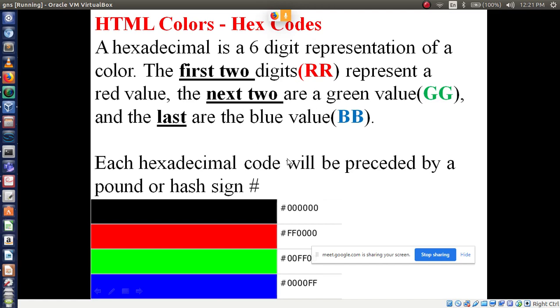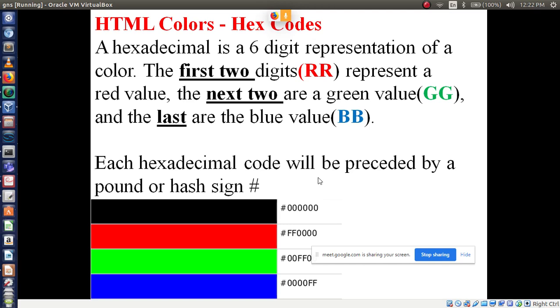Okay, so if you are applying hexadecimal codes, you have to use the hash symbol instead of writing red color, blue color and green color. You just use these codes. To use these codes, compulsorily you have to use the hash symbol.